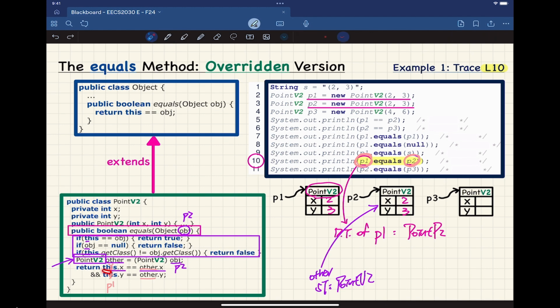So now P1.x, other.x, P1.x, other.x, 2 and 2, and also 3 and 3. So that should be true. They are same objects. They are not stored in the same location in the memory, but they have the same contents for x and y. That's why it should be true. And the next example shows to you,